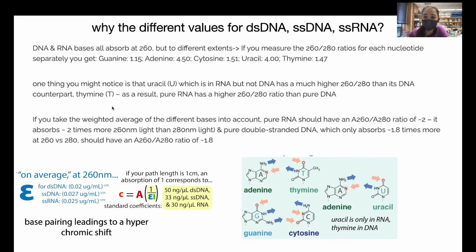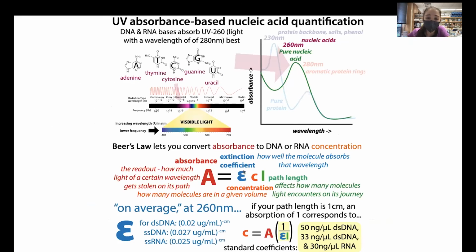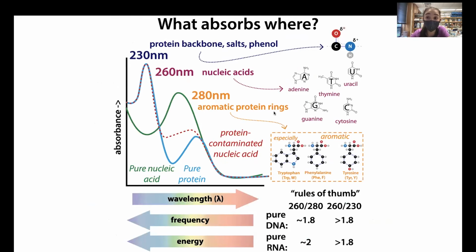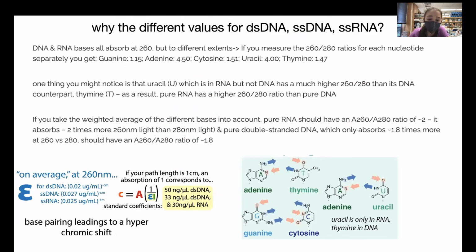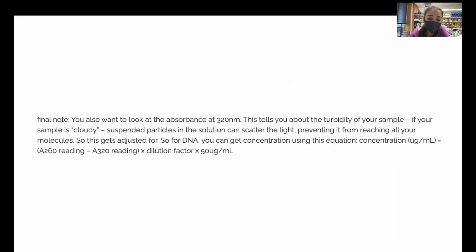Sorry, I skipped a little. But if we want to think about purity, we want to look at the 260-280 ratios, because remember, that's going to tell us about contamination from these other sources, because it's not just the DNA that's in there, and these other things can absorb some at 260 as well. But they absorb more strongly at different wavelengths, such as 230 or 280. But even when you're looking at those ratios, the ratios are going to be a little different for DNA and RNA,